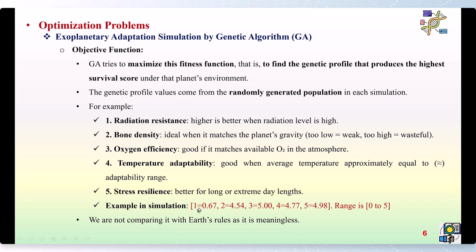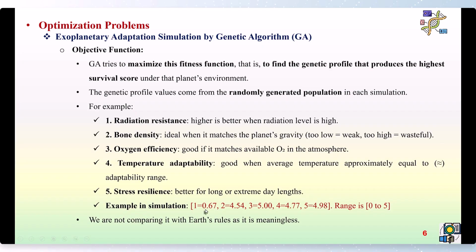In the simulation, the results would be something like the red text here, which has 5 parameters, 1, 2, 3, 4, and 5, which are radiation resistance, bone density, oxygen efficiency, temperature adaptability, and stress resilience. 5 means the highest mutated value, but it doesn't guarantee the best result or the best solution. Here, for example,